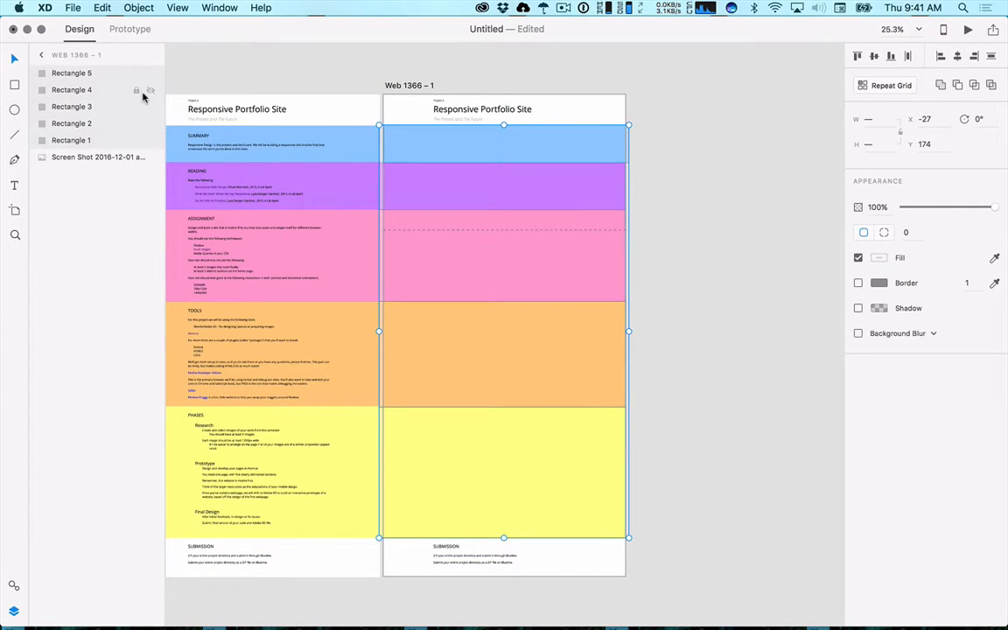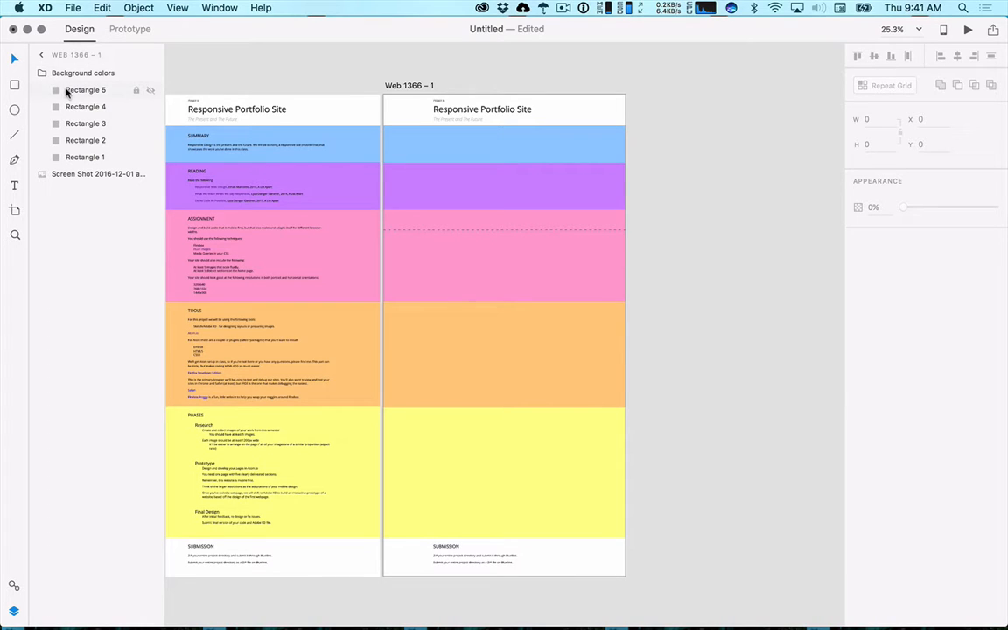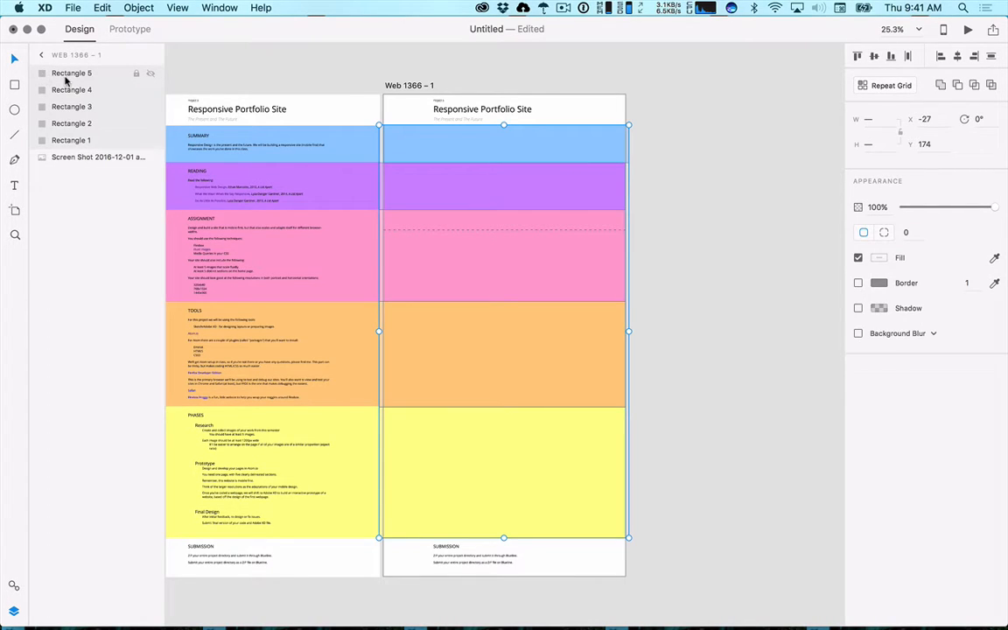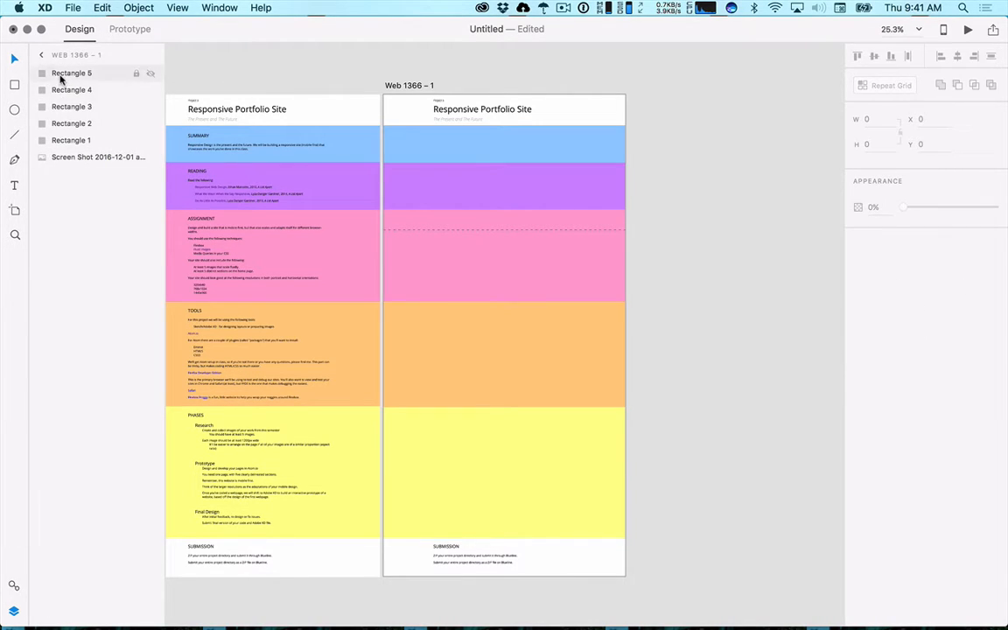I want you to work in groups. Keep your stuff organized, just like in Photoshop and Illustrator. So I got a group. I can double click on the name, just call it background colors, and then we're done. If you wanted to, you could use the groups to group content. So like this could be section 1,